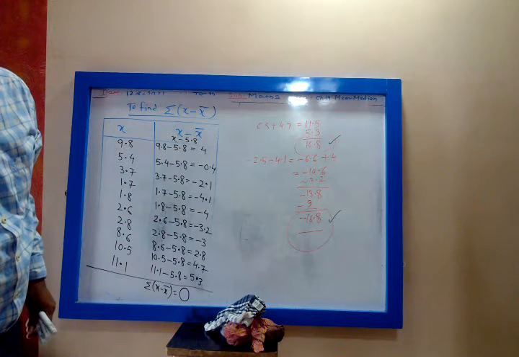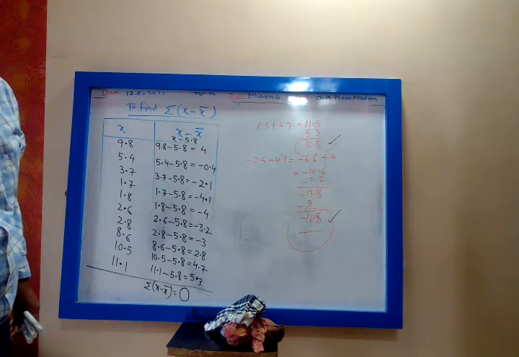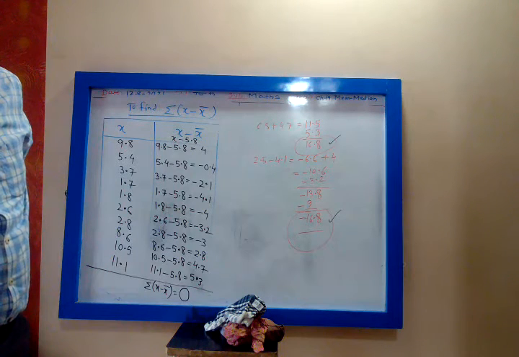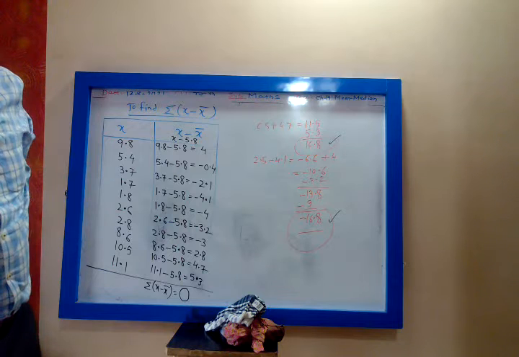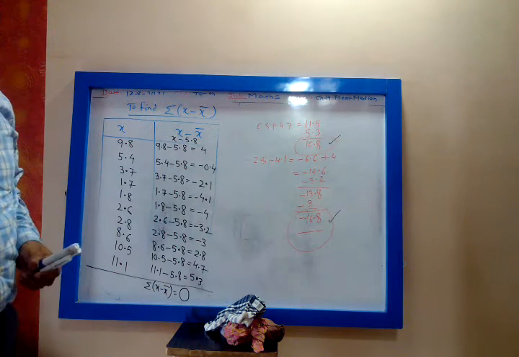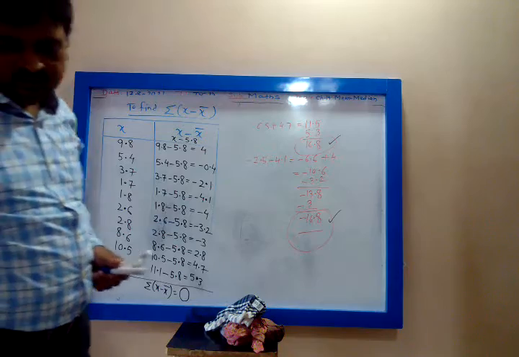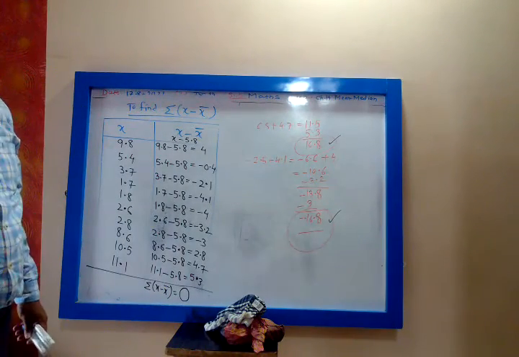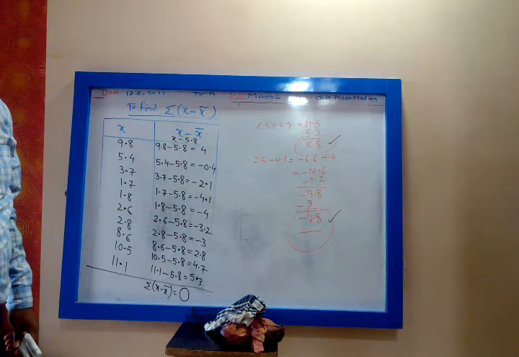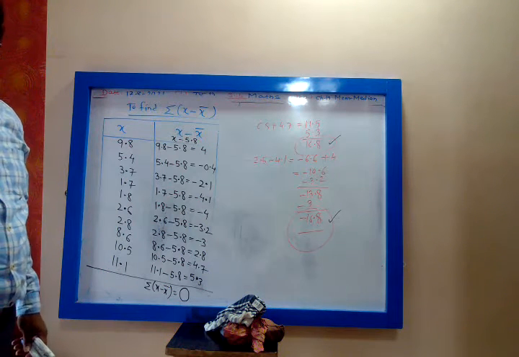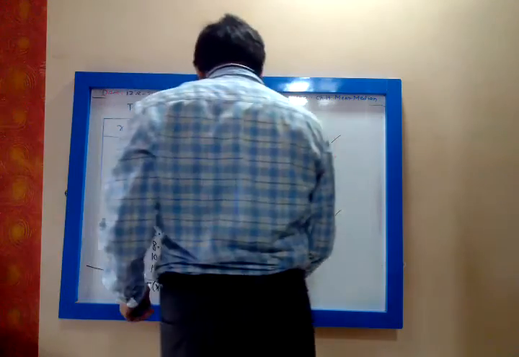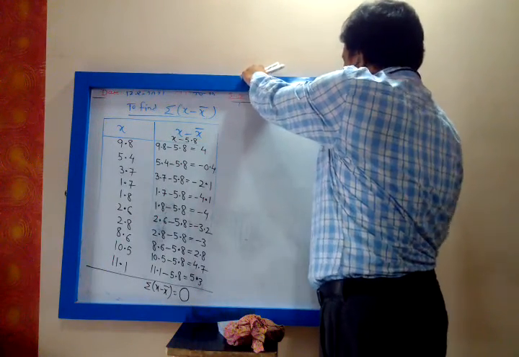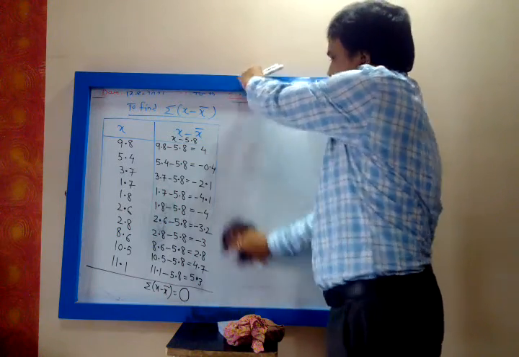Then 7th, 8th. See which problems you have to do. 7th, 8th, 10th, 11th, 12th, 13th, 14th, 16th are omitted. Now only two problems you have to do, 9th and 15th. Only 9 and 15 you have to do, because in the reduced syllabus, it is simple calculation of mean and median. Now do the 9th one, chalo.